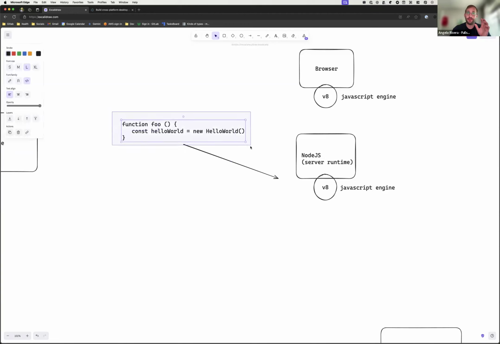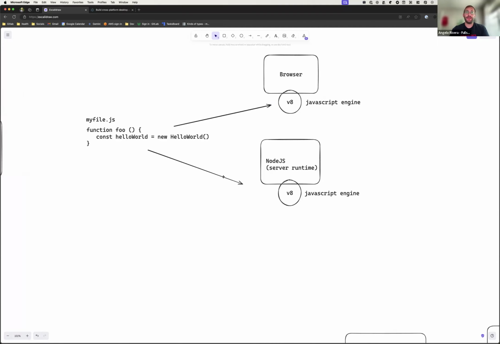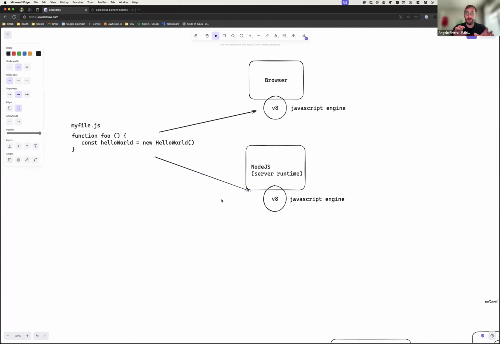If you write raw JavaScript, like myfile.js, and you tell Node or the browser to run your JavaScript, and maybe I should have pulled up practical examples, what's happening is this is taking your code that you wrote and running it